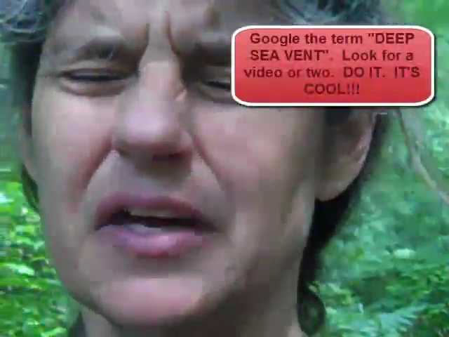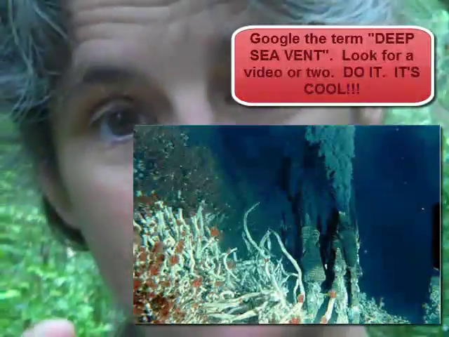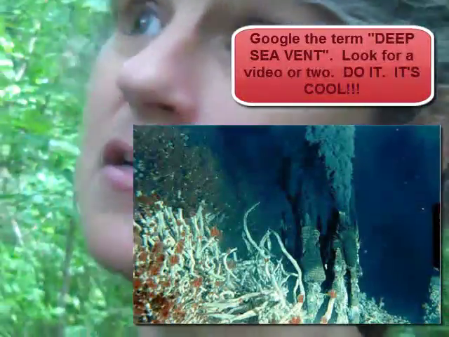Okay? There's a video in the PowerPoint I would like for you to look at, but you can just Google deep sea vents and look at the astounding amount of life that is around those deep sea vents. Not based on light, but based on inorganic compounds coming up from the earth, little bacteria that have evolved to be able to convert those inorganic compounds, use them as an energy source to make their own food. And then those bacteria serve as the basis for the food web in that deep ocean environment. Just like these green autotrophs here are the basis for our food web. Okay?